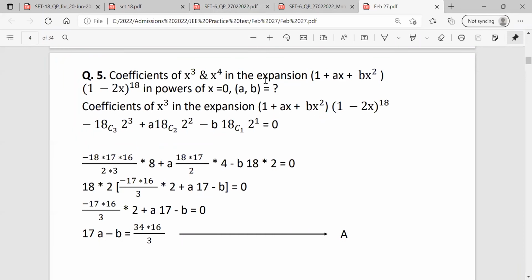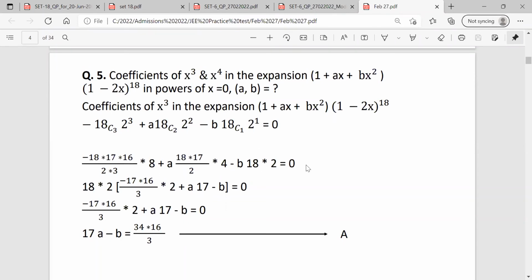So I know you have an idea how to take these terms, right? So just compare these coefficients of x cube with this expansion, and in the question it is given that the coefficient of x cube is 0. And we know how to expand these. What is 18C3? What is 18C2? What is 18C1? So you can just expand these terms. So it's minus 18C3, which means 18 into 17 into 16 by 2 into 3, into 2 cube is 8, plus 18C2 is a into 18 into 17 by 2 into 1, into 4, minus b into 18 into 2